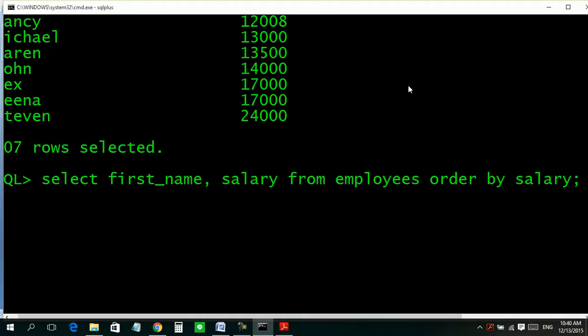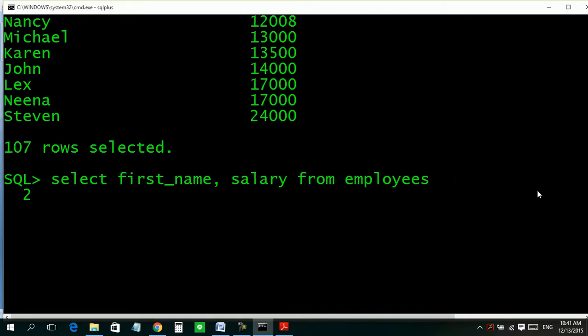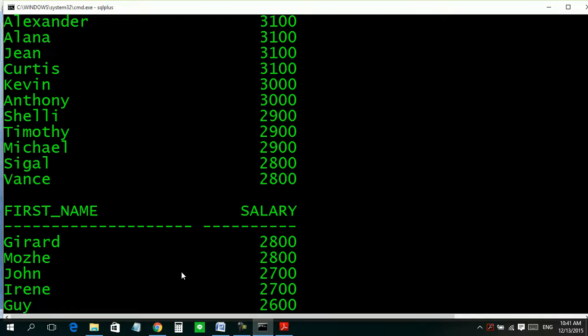If I want the opposite, I have to write order by salary and also specify descending, DESC.